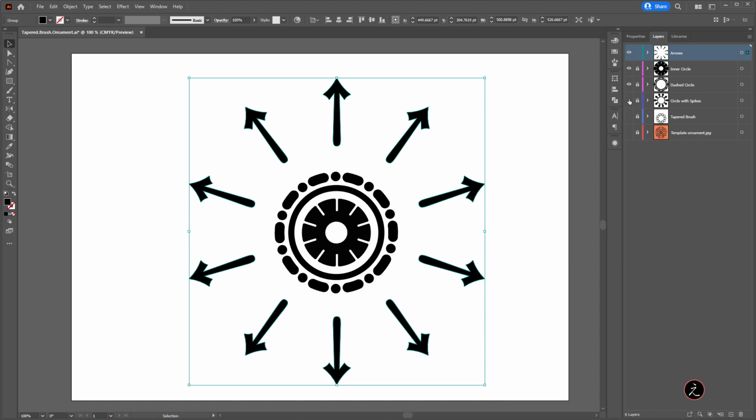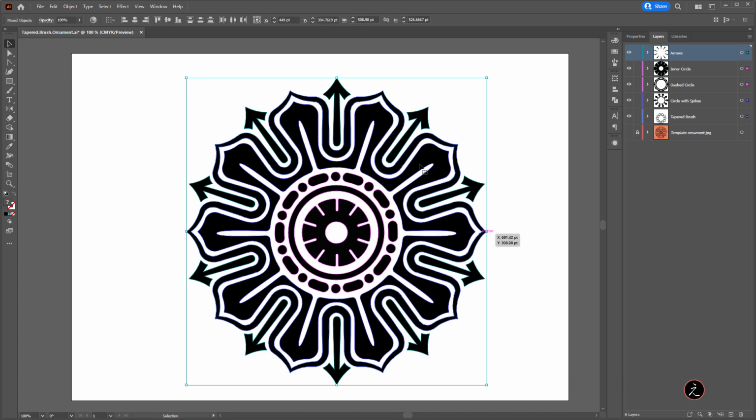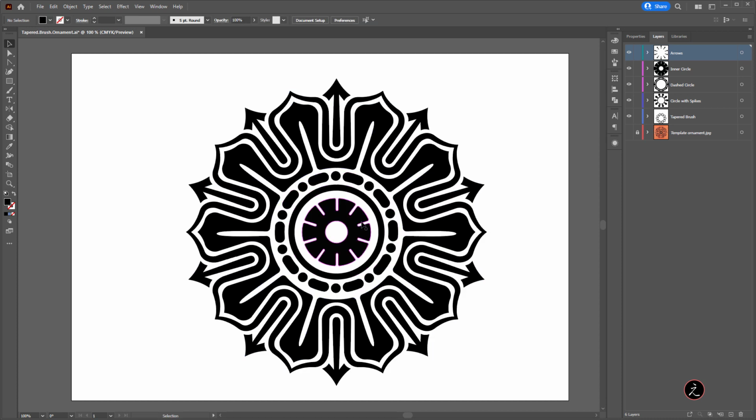Let's go ahead and toggle on the visibility of the rest of the layers and make sure that everything is unlocked. That looks good. We can also marquee select everything here and we can just center things in relation to each other. This is a little bit off. That's okay. I'm just going to move this to the very center like so. So as you can see, we use some great techniques to create such a complicated ornamental shape for your own projects.